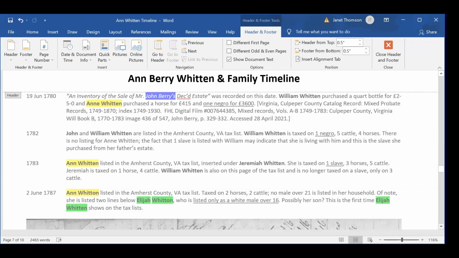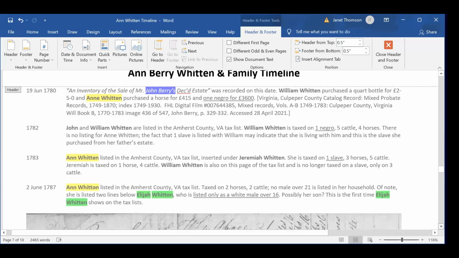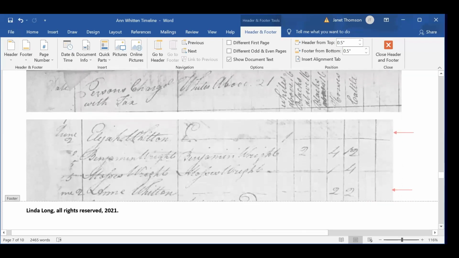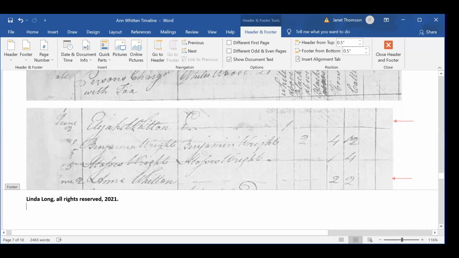It's just an interesting way to follow the family. Shandy, valuable. I don't know if you want to keep going through this in detail. Let's just show you some of the other things that she's found. But let's see, this is the one thing though here. Suddenly here we've got Elijah Witten showing up as a white male over 16. And this is critical because a few steps down and he's on the tax list on June 2nd, along with